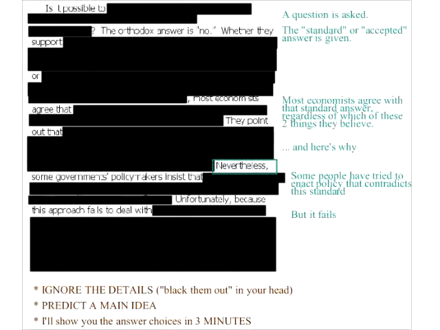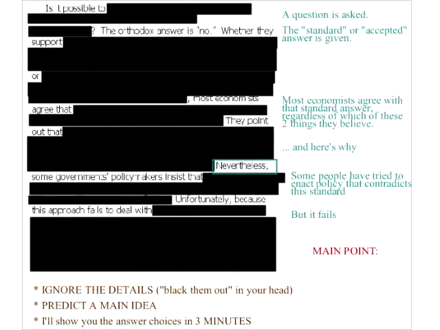There you go. They give you a question. They give you a standard or accepted answer to the question. They give you the reasons why this is the standard answer. And they talk about why things that have tried to go against the standard answer have failed. So, there you go. So the main point is some combination of those things.